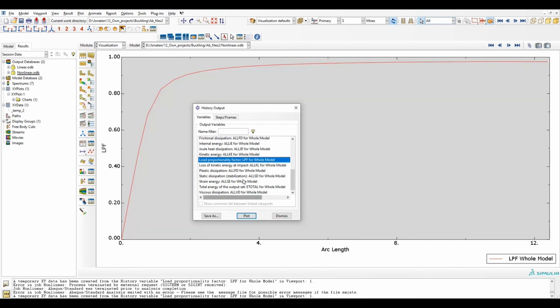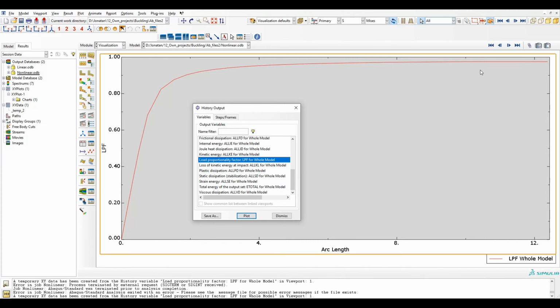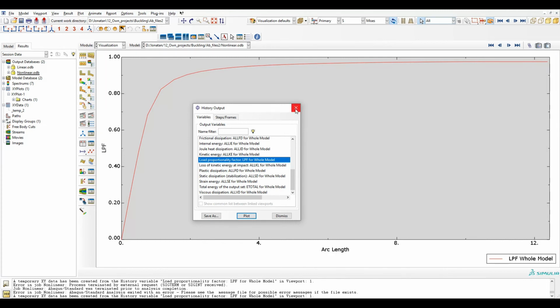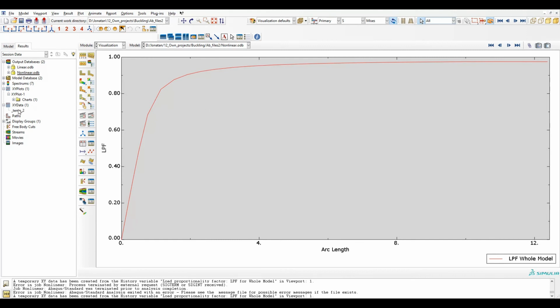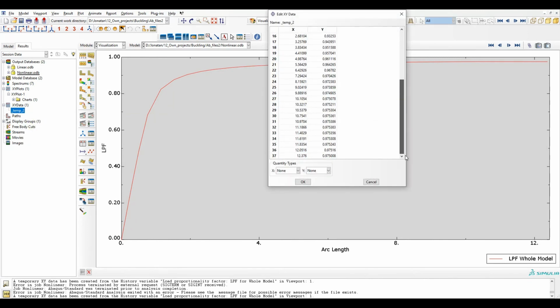Okay, so here is how it has been applied, force, and here should be a maximum load proportionality factor. So to check this, we need to go to here, XY data, right click, edit, and there will be a maximum.